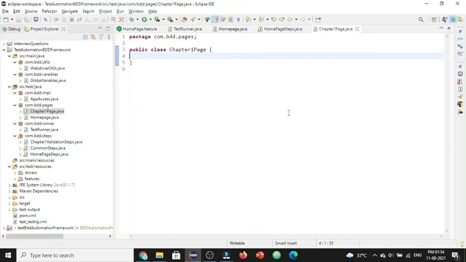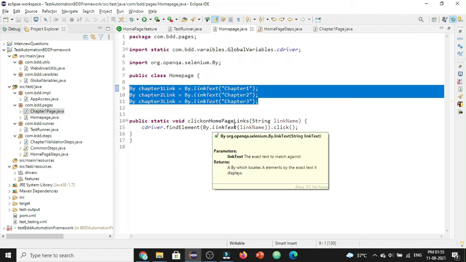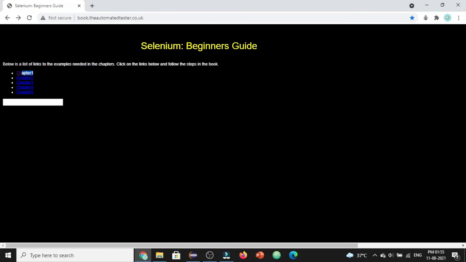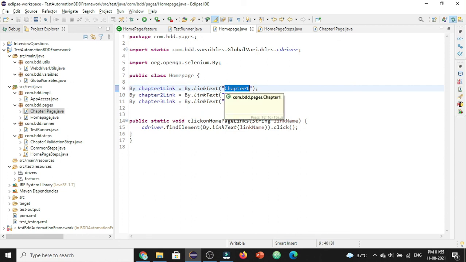So now let's discuss what is the advantage we get by implementing this page object model pattern. If you observe here, we are maintaining all the locators related to the home page at a single place. So let's say in future if there is a change in the link of this chapter 1, and if we want to make sure our test scripts are running fine, we need to change the respective locator as well. So for that we need to come to this locator and change it to the new name. And when we follow the page object model pattern, we can identify this locator easily based on the pages, because here we are storing all the locators based on the pages.